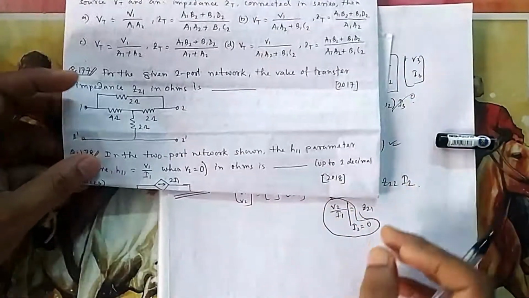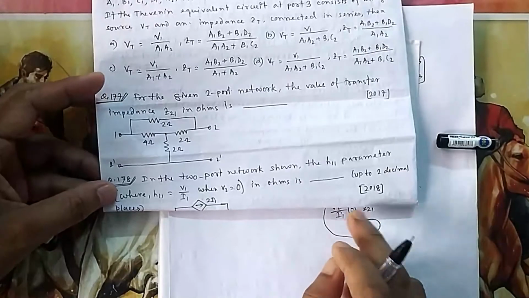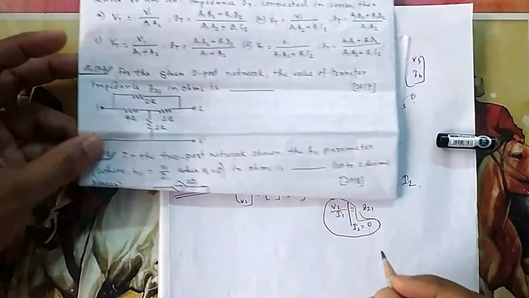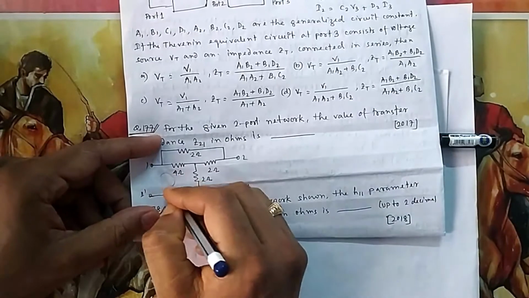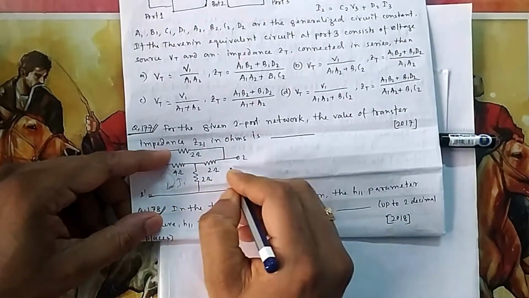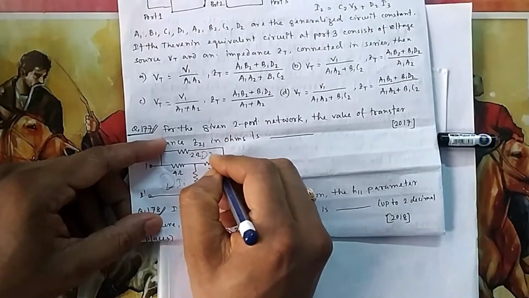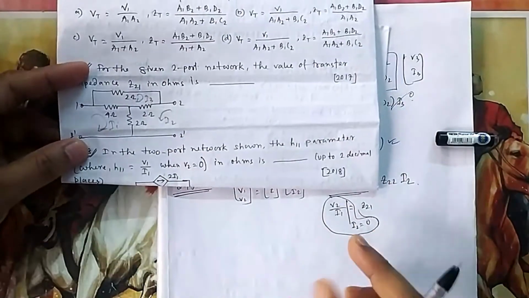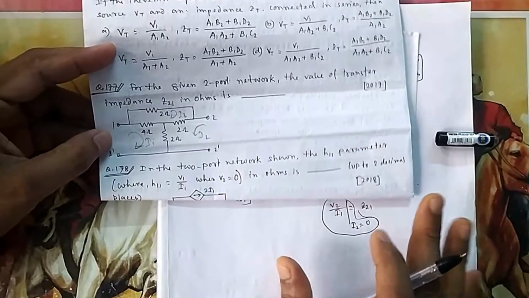Okay, good. Now you need V2 by I1, because you need to find Z. So you can calculate with KVL. For KVL you will find this is your I1, this is your I2, and this is your I3. If you do it this way you will find the whole Z, but you don't need the whole Z. There is no issue. You will find it.